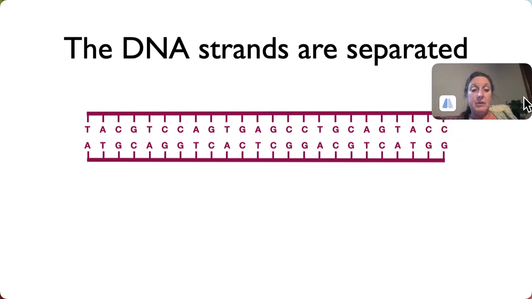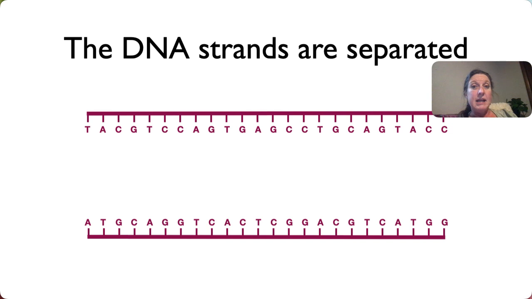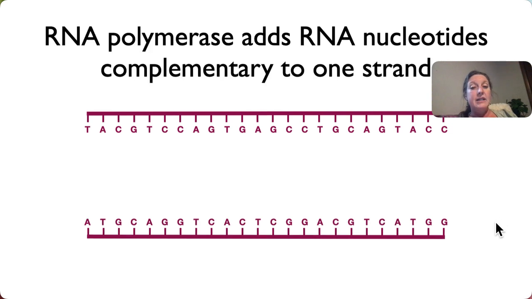Now, in transcription, the DNA strands are separated once again by the enzyme helicase, and the RNA polymerase adds RNA nucleotides that are complementary to that one strand. So across from T, we would have A. Across from A, we would have U. And remember, because RNA does not have thymine, it uses uracil, we have to put a U wherever there would